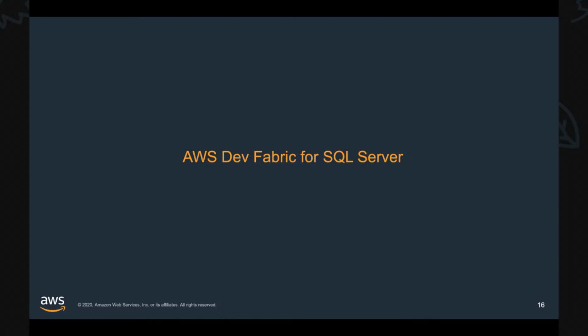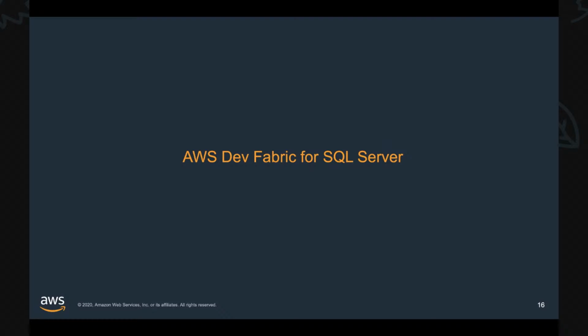Because more often than not, I see customers using Windows servers, paying for the Windows Server license, running additional servers and managing and maintaining those servers, and also using their SQL licenses that they paid for in development environments.